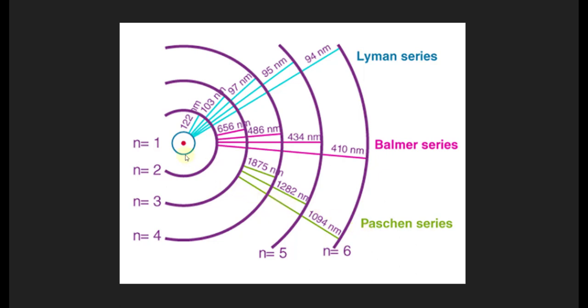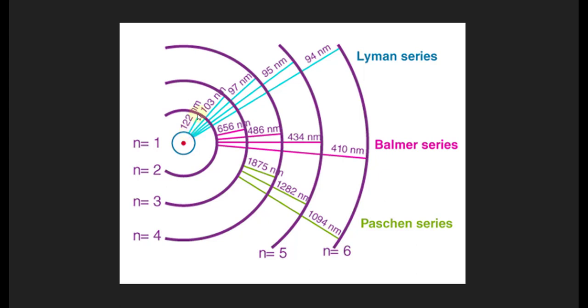This is the energy diagram in the hydrogen atom. This represents the nucleus of the atom. This is the very first orbit for the electrons, second, third, and so on. Now, this diagram shows us how much energy an electron is required to have to go from the ground state